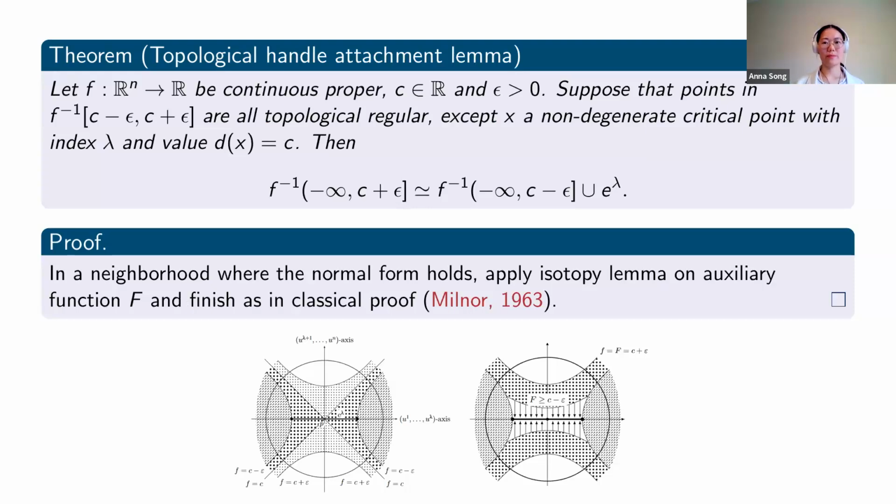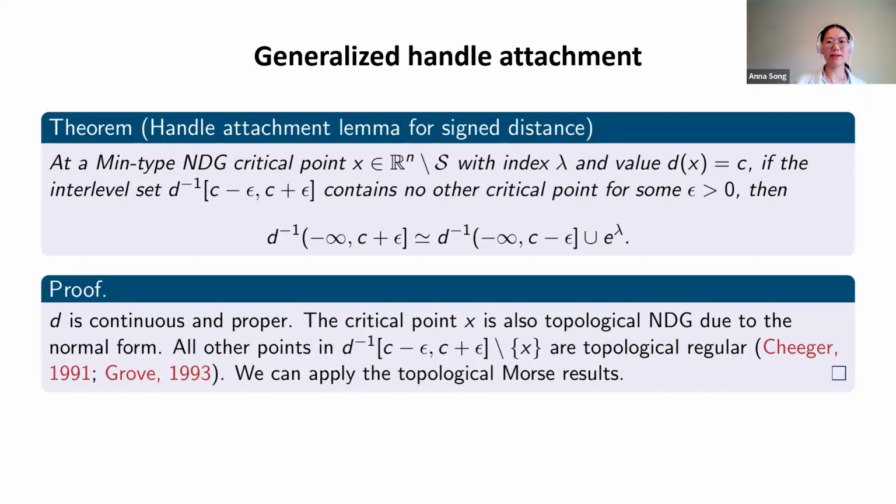And then you can also show the topological version of the handle attachment. Here the proof really looks like the classical proof. You consider a neighborhood of the point on which the normal form is true, and then you build an auxiliary function on which you can then use the topological isotopy lemma. And so you can express the B sublevel set as retracting onto the A sublevel set together with a handle, and the handle itself can be further retracted into a lambda cell. So yes, we arrive at our